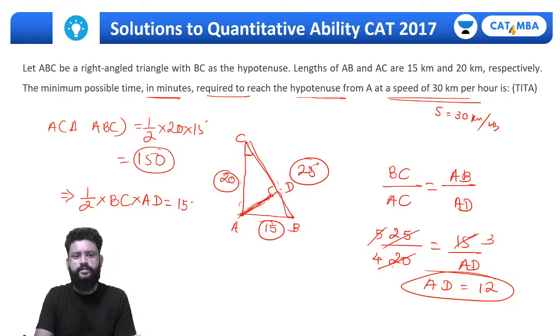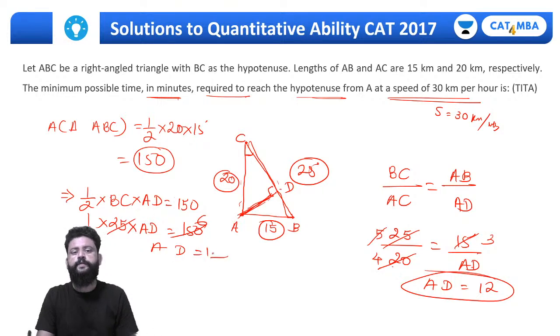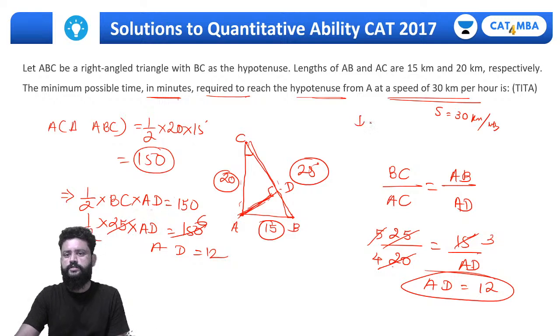ऐसे भी तुम AD निकाल सकते हो. So BC is 25 into AD into half must be equal to 150. That's the other way to do. 25 का 6 times, 6 into 2, AD must be 12. But anyways, अगर हमें AD मिल गया, so distance is 12 kilometer that need to travel